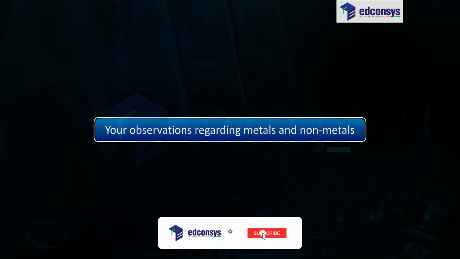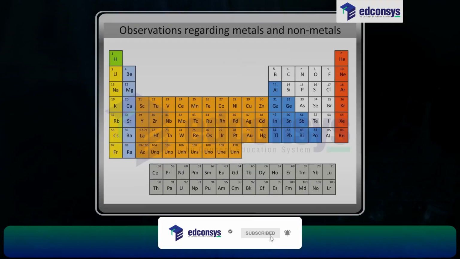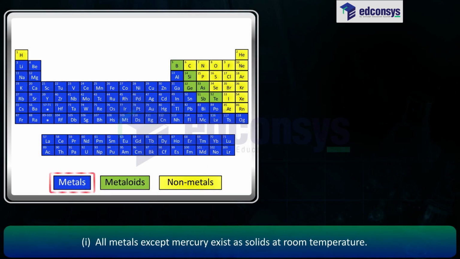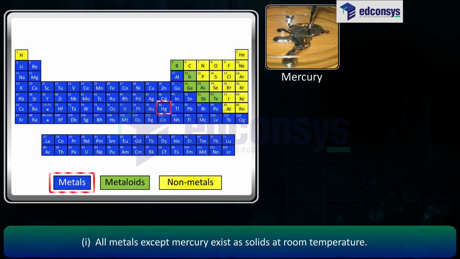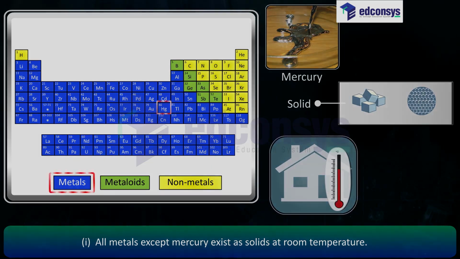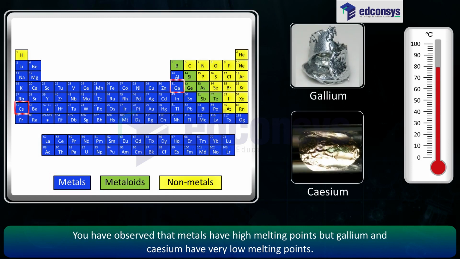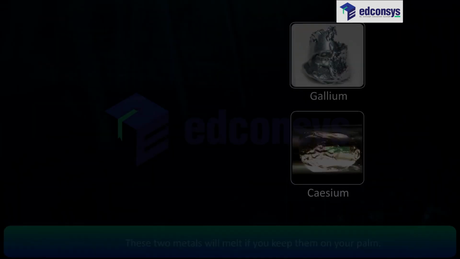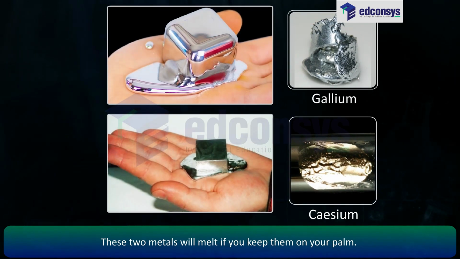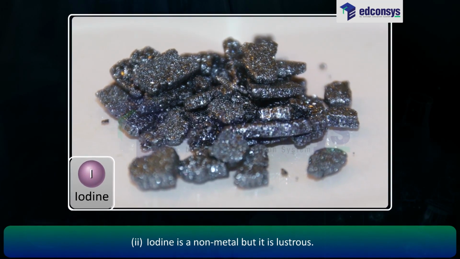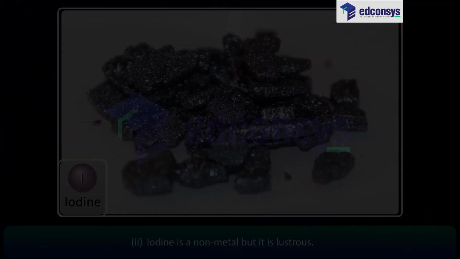Your observations regarding metals and nonmetals. We cannot group elements according to their physical properties alone, as there are many exceptions. For example, first, all metals except mercury exist as solids at room temperature. You have observed that metals have high melting points, but gallium and caesium have very low melting points. These two metals will melt if you keep them on your palm. Second, iodine is a non-metal, but it is lustrous. Third,